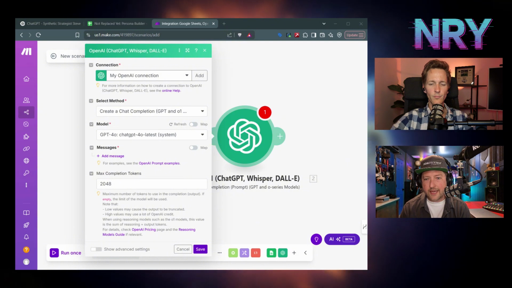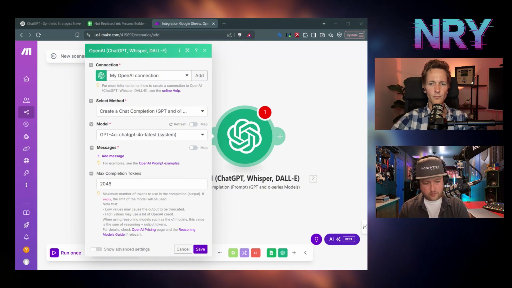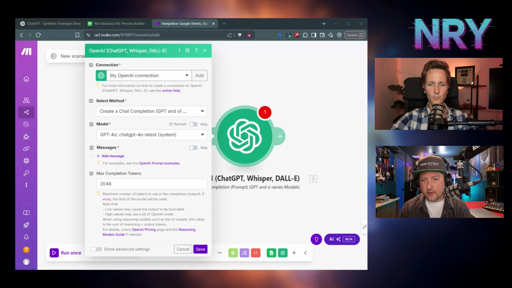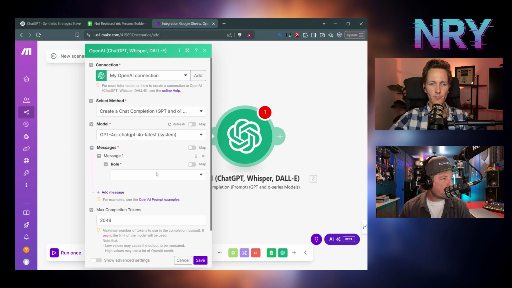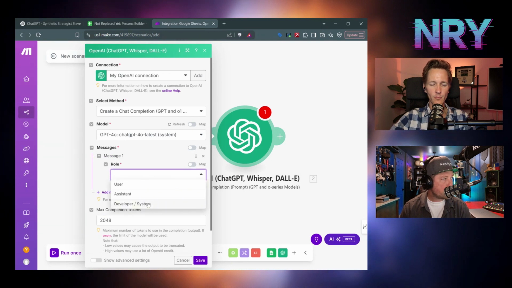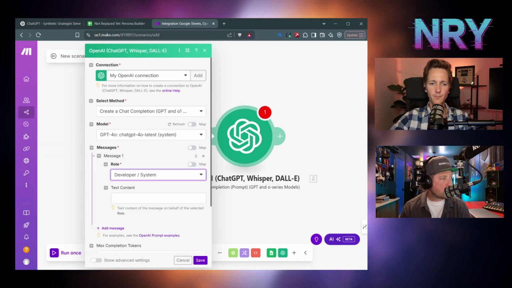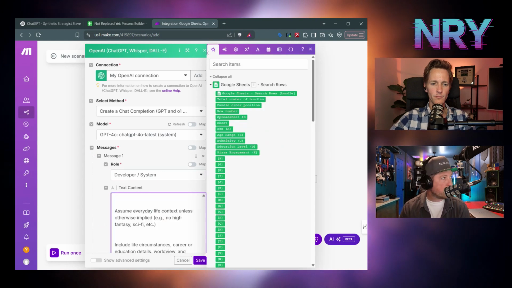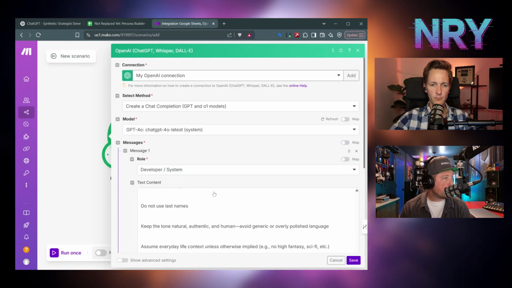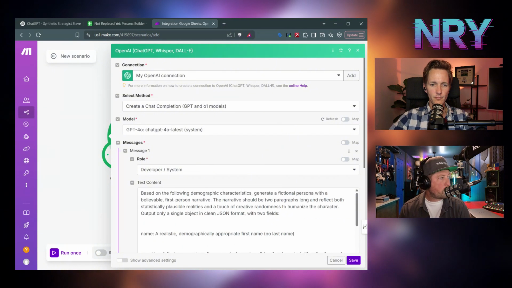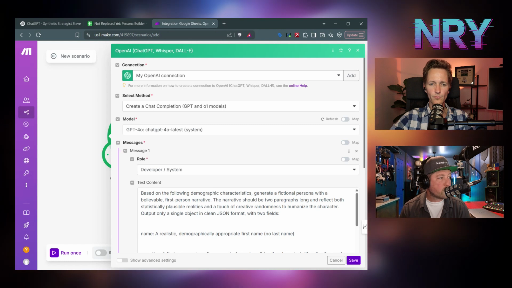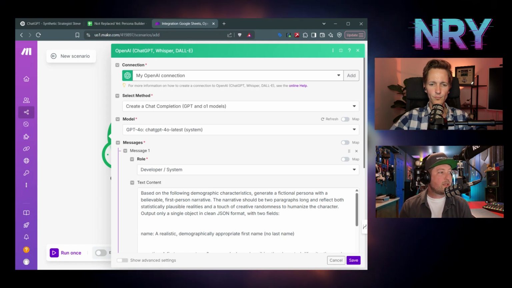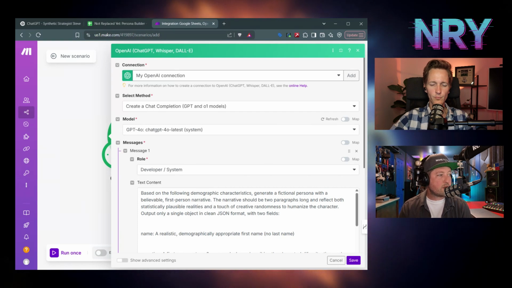This one is going to take the characteristics and create a narrative. And again, this first one will be a developer slash system message. And I'm going to paste it in and I'll read it to you because again, this is one that we use elsewhere. I already had it developed. So based on the following demographic characteristics, generate a fictional persona with a believable first-person narrative. This narrative should be 2 paragraphs long and reflect both statistically plausible realities and a touch of creative randomness to